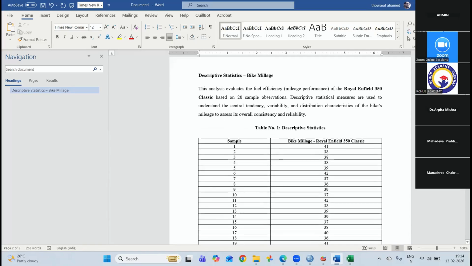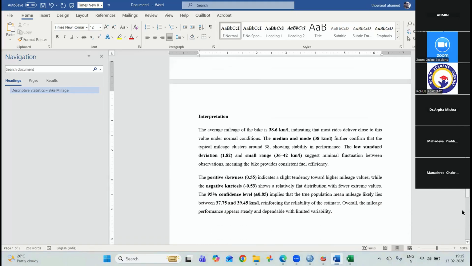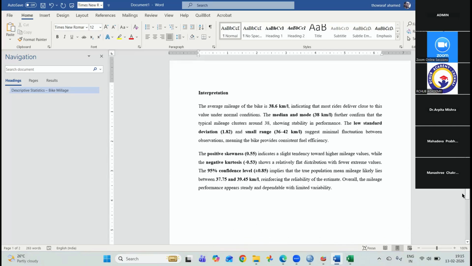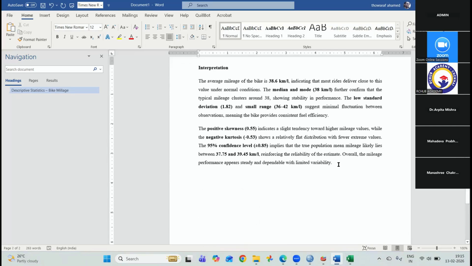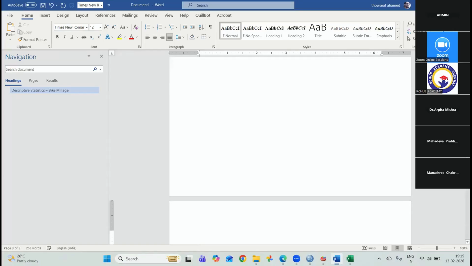Sometimes if you write it yourself, it may take nearly 10 to 15 minutes just to view and write the right values and to have a right formation of sentences and so on. But now you see, within a fraction of a minute, we have written the tabulation, interpretation and everything just by the click of a button and a few prompts. That's it. So now let me explain how to write an interpretation